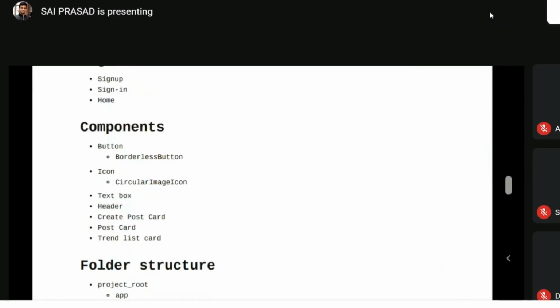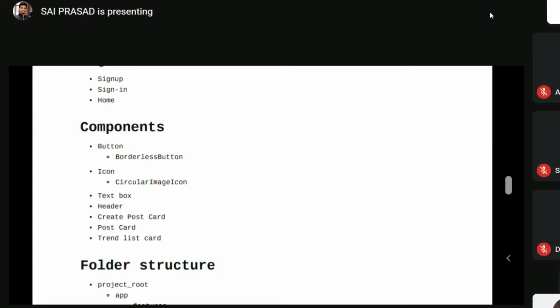Then we have icons. We have social icons down there. So it is basically buttons which do not have a border, and an icon. So we have a borderless button with an icon as its child. So we need those 2 elements here. Then we have the home screen, which has a header, and the create post tag, where you create the posts, present on the right hand side. Once you get the UI wireframe in hand, you will be able to visualize what I'm talking about.